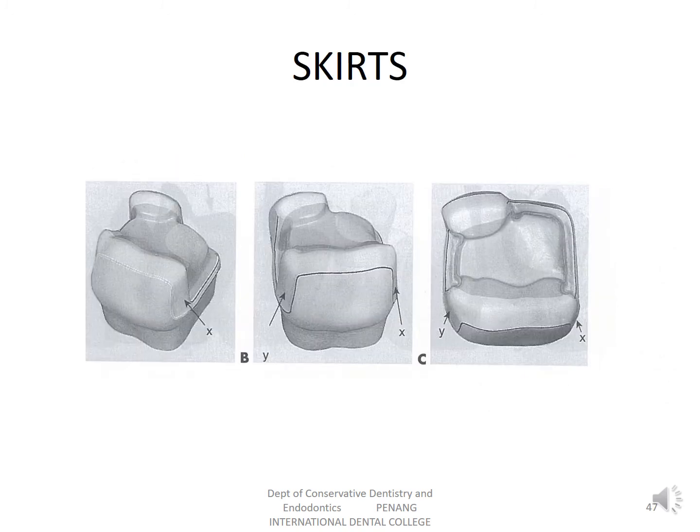So let's look at other extra retentive features which can be given other than proximal bevels for an onlay preparation or cast metal restorations. The first preparation here I am discussing is a skirt. A skirt is an extension of your proximal flare beyond the embrasure. It goes beyond the proximal embrasure and slightly extends onto the buccal or lingual surfaces. The reason for giving a skirt is for extra retention.